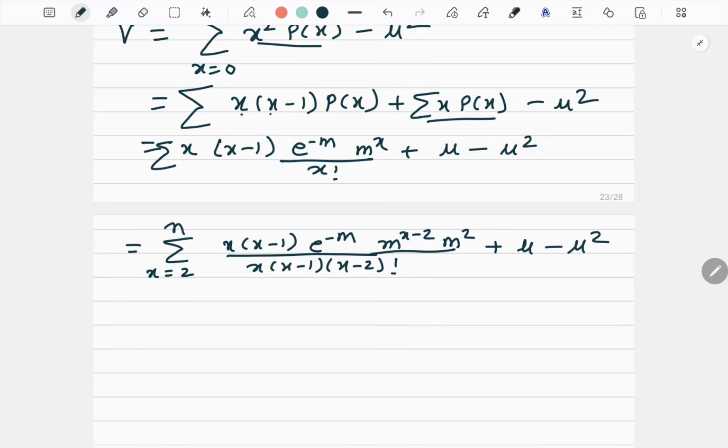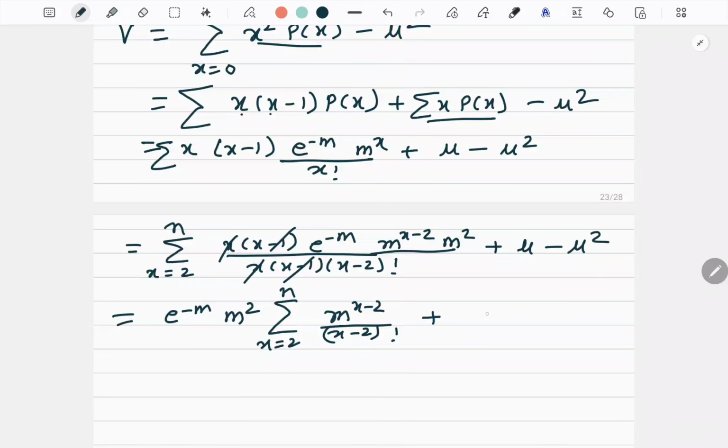minus mu square. Now again the summation is there, x and x cancel, x minus 1 cancel, e to the power minus m is independent, m square is independent of summation. So what is left? Summation x is equal to 2 to n, m to the power x minus 2 upon x minus 2 factorial,